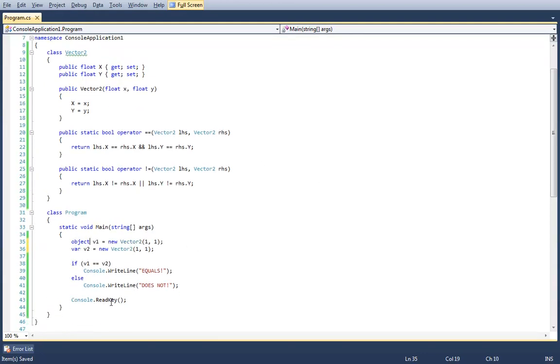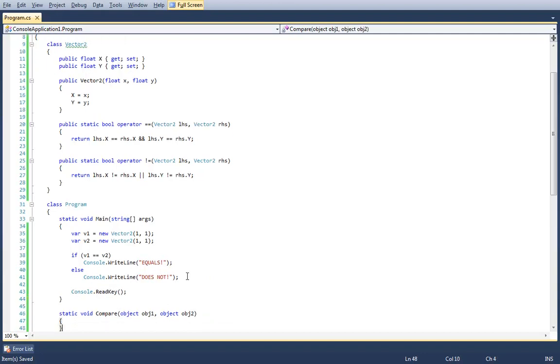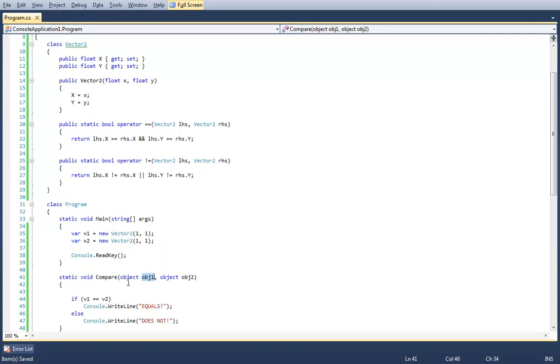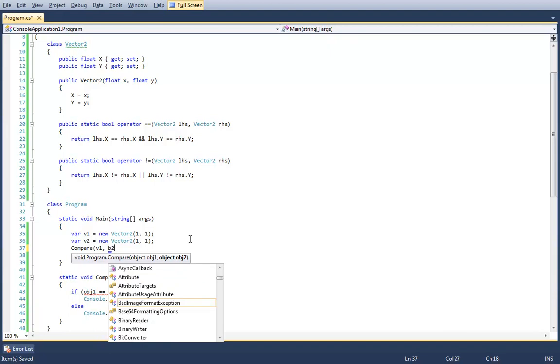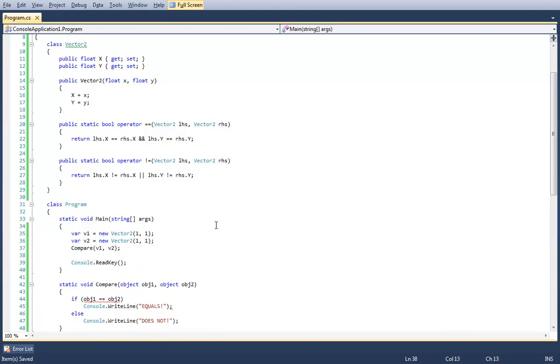Or actually, I'll do this. What's the output to this program?